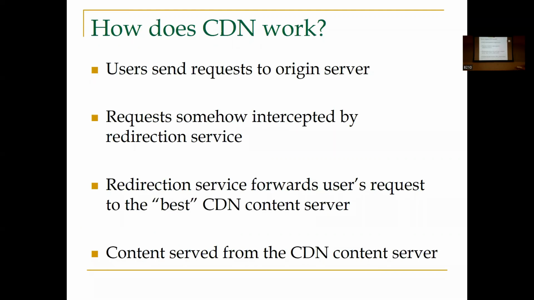So how do things actually work in the CDN? Whenever any request is made to access data from the original server, this request is intercepted by this network environment, by this CDN infrastructure. They will intercept the request and deviate it from the origin server to the replica. Because we don't want the request to be delivered to the actual server, but to the local surrogate. So this is intercepted, and then it is redirected.